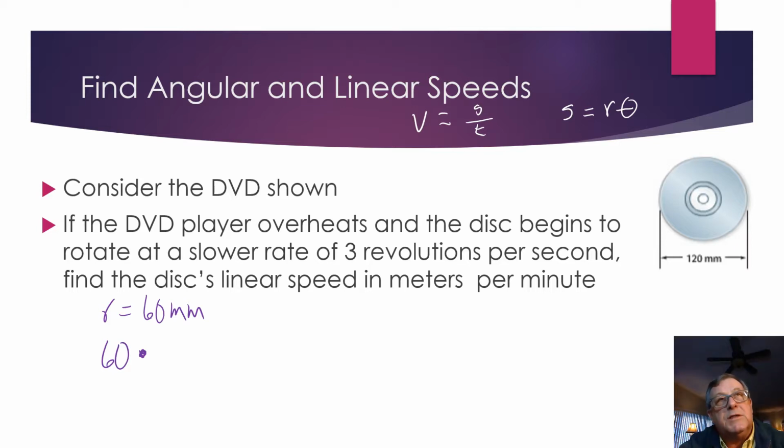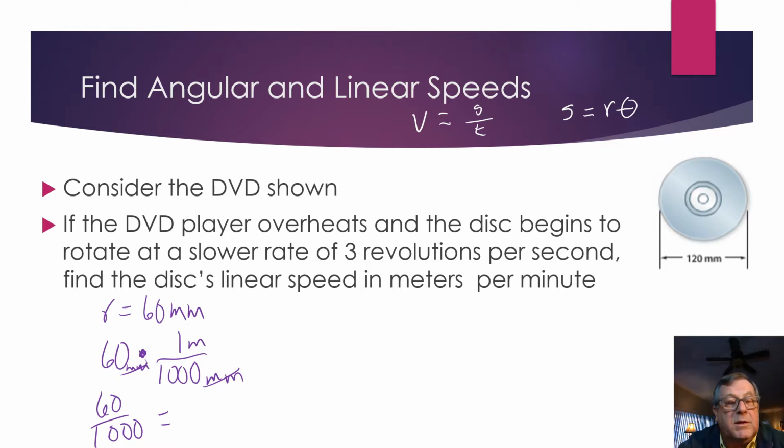Well, centimeters is 10, millimeters is 1,000. So right now I'm in millimeters, so my conversion ratio, what do I want to convert to? I want to convert to meters. Well, for every meter, there are 1,000 millimeters. So this is a meter, these are millimeters, these are millimeters, and you can see my millimeters are going to cancel. And so I've got 60 over 1,000,